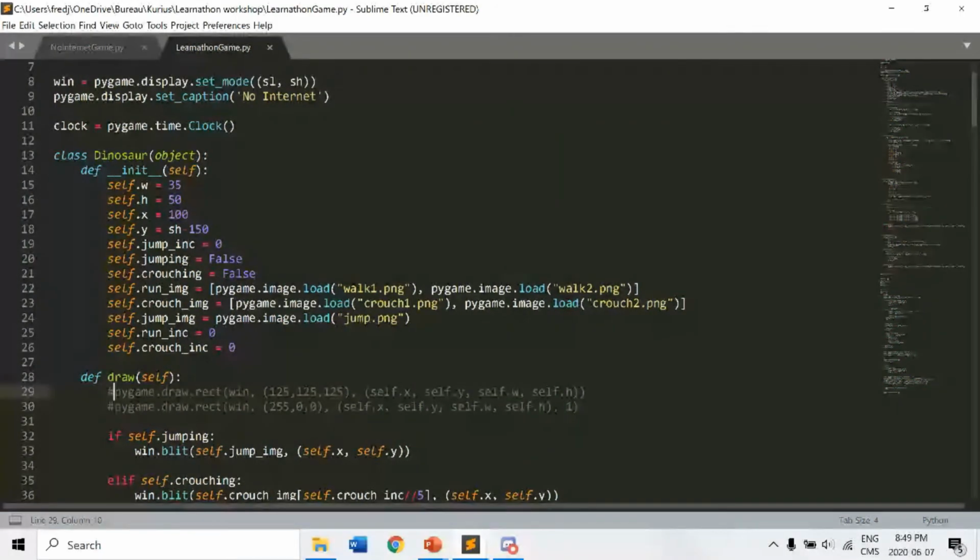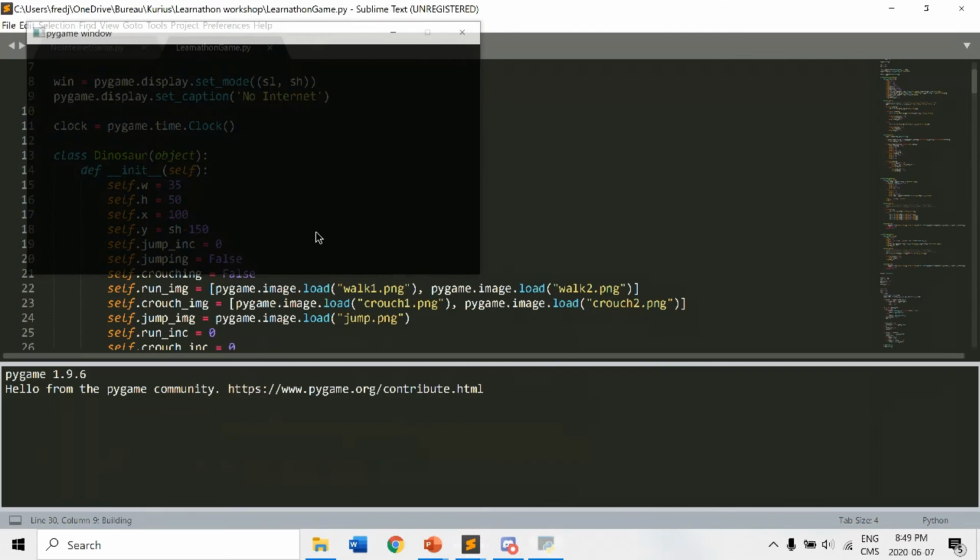These rectangles are the rectangles that we have, but these are a second rectangle. And they have this special extra parameter here, that's 1. And that means you don't actually fill the rectangle. And if I actually put this there, and I run this, you can see it's the same game,